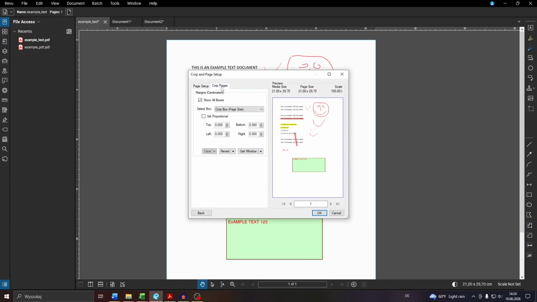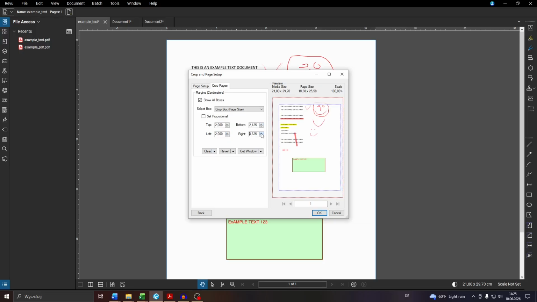Crop Pages, and here use these options, for example, to crop the document to the left, to the right, by using these up and down arrows, and you will see the cropping here to the right in the preview. So let me go with unit 2, and here as well you can also enter the value or use these buttons as previously mentioned,